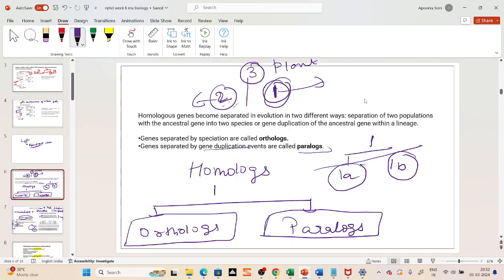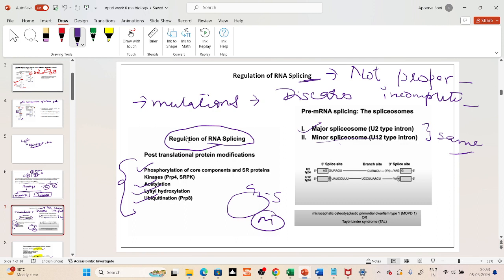Then we have studied what are orthologs and paralogs. If genes are separated through duplication, they are called paralogs. If through a speciation event, they are known as orthologs. Homologous means common ancestry. Then we have studied that RNA splicing is also regulated, by various mechanisms such as phosphorylation, acetylation, and others. And you have a major spliceosome complex and a minor spliceosome complex. Your minor spliceosome complex is just like a plan B. When the major spliceosome complex is not working, then the minor spliceosome complex comes into action, but both of them perform the